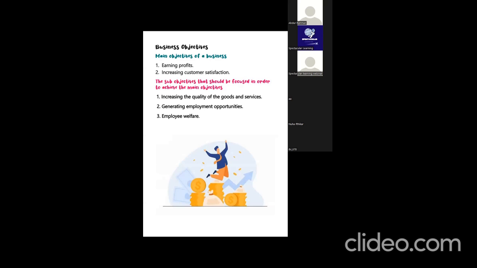Let us see the sub-objectives of a business. A sub-objective means an objective that should be focused on in order to achieve the main objectives. If we look at the sub-objectives and follow them, automatically our main objectives